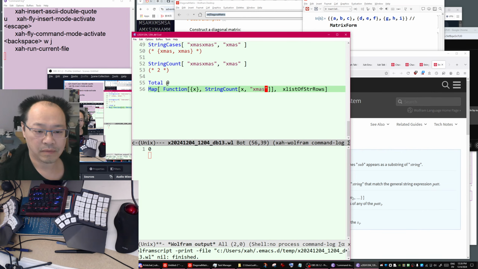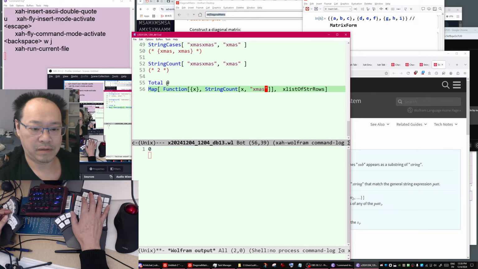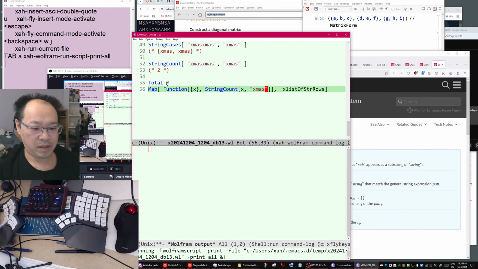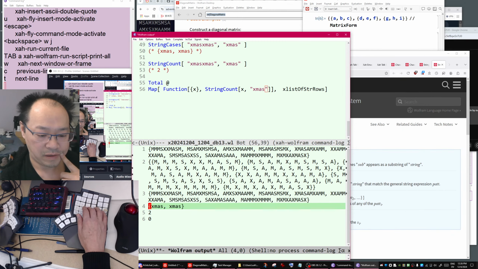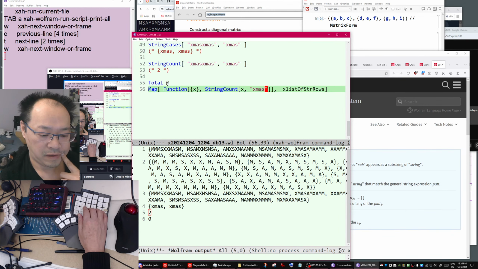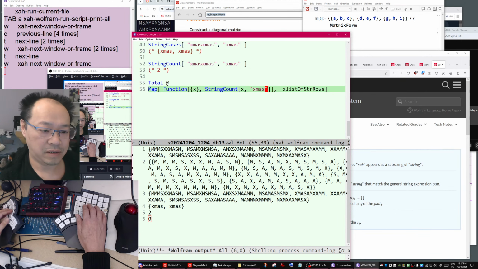0. 0 is not what we want. Let's see. Evaluate all output. StringCount, so why is it?